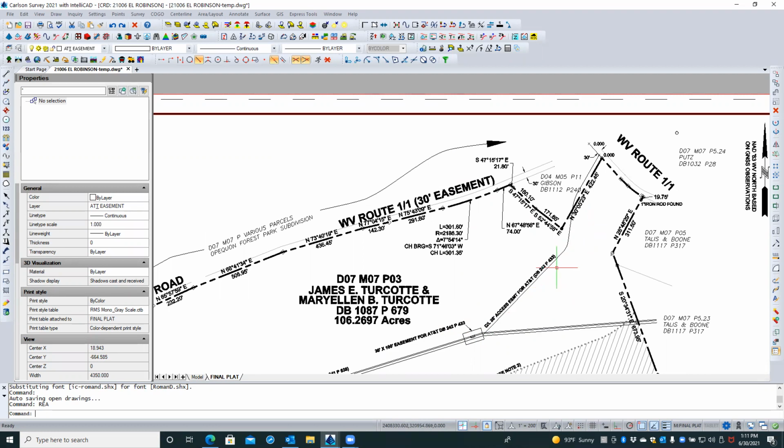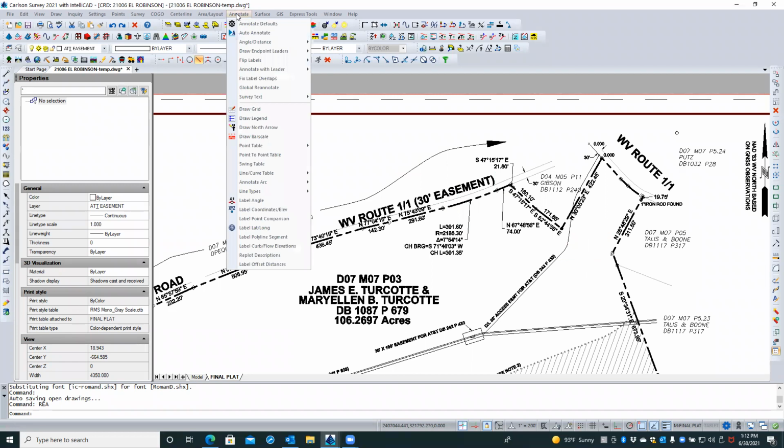Well, let's talk about how it gets down there, and I'll let you decide on that 30 by 100. If you need to do that, you might need to include that in your table. So the way you would do this in terms of a table, again, it's an annotation. So you would go to your annotate menu,